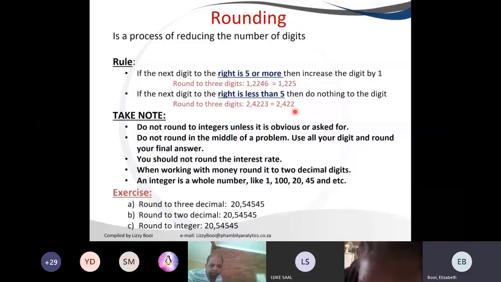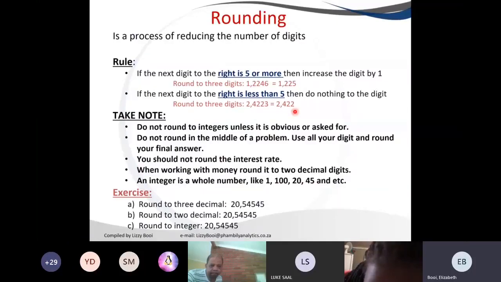However, you need to note the following. When you work with numbers, you only round off if you see the option in your answer sheet. If it's 2 decimal places, it means you need to round off to 2 decimals. If the answer on there is 3 decimal, it means your final answer should be 3 decimal. The other thing is you do not have to round off while you're still in a problem mode, meaning while you're still adding, dividing and multiplying things together. Do not round off. Write the number as it is and only round off at the end,